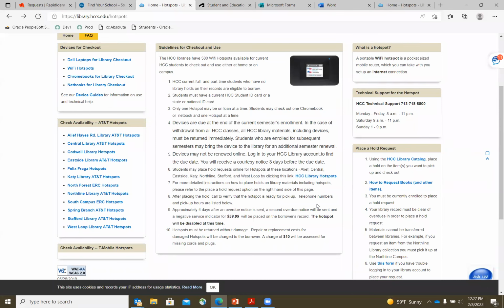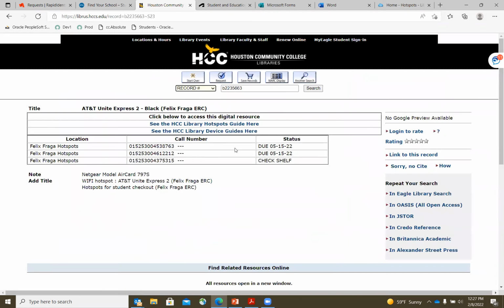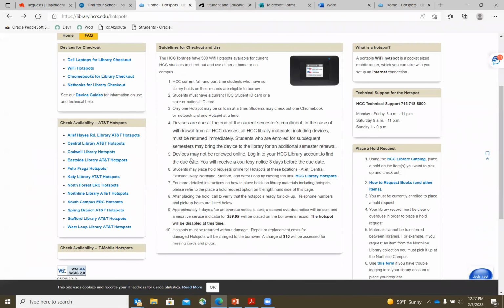I have the Felix Fraga campus, then I have the Coleman campus too, near. And yeah, so Felix Fraga, you know. Sometimes I just really want to get out of the house and go to a library. So I don't know how